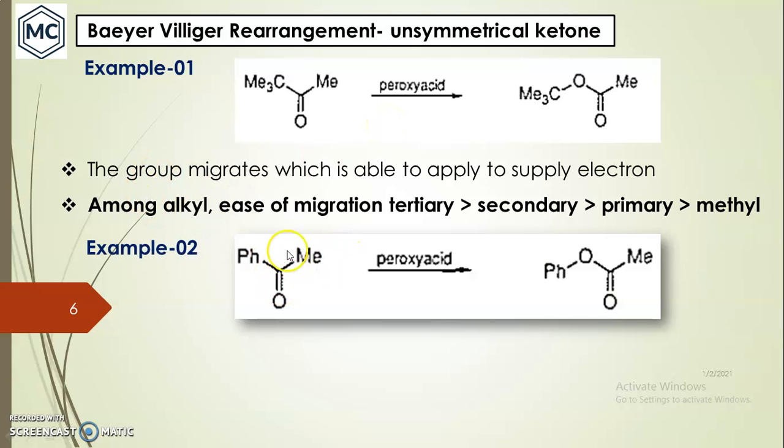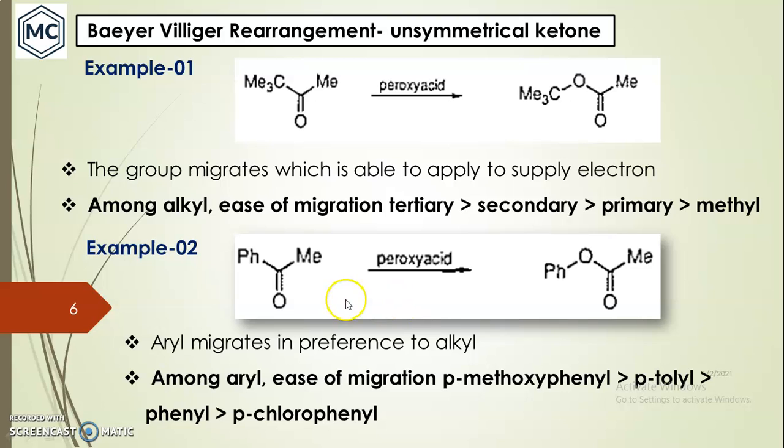And if you have a methyl group and/or an alkyl group and an aryl group at the carbonyl in the presence of acid, where does this oxygen get inserted? That means which group will migrate, whether alkyl or aryl. So we have seen that the aryl group gets migrated and oxygen gets inserted here, and aryl has more preference